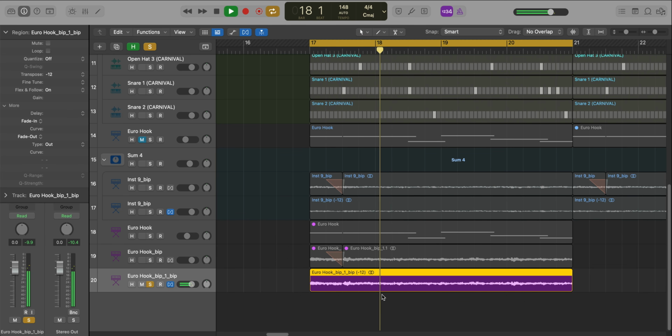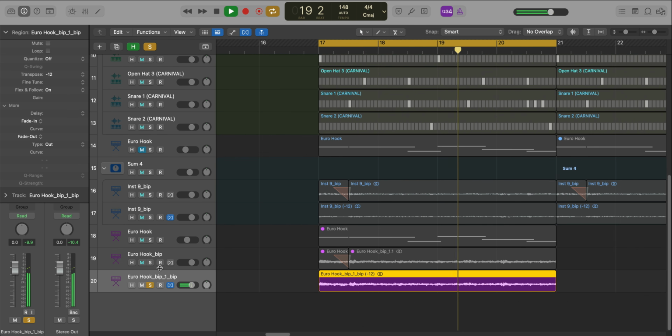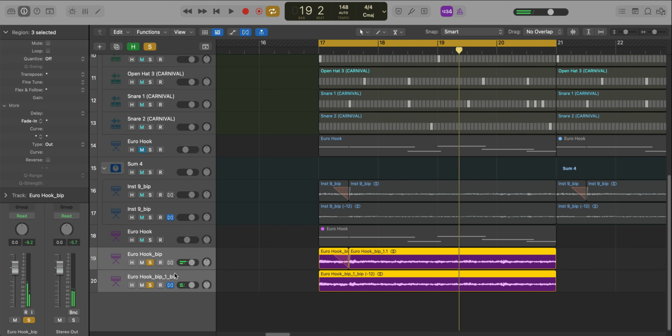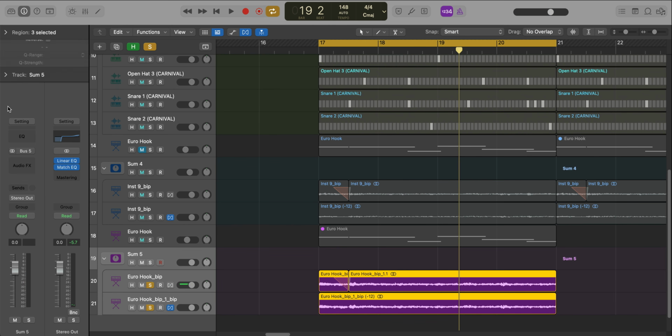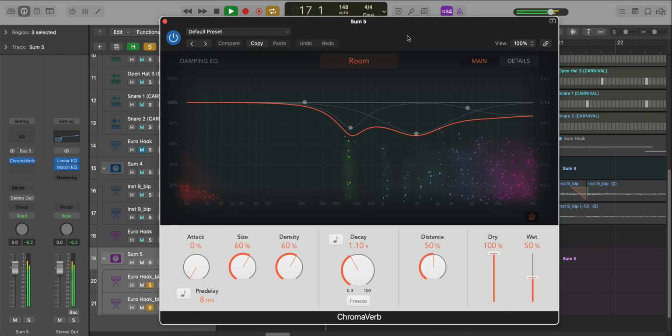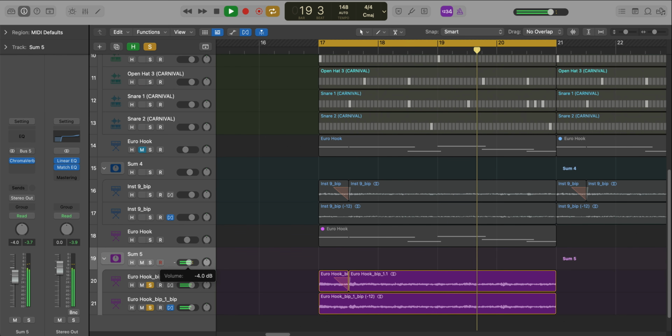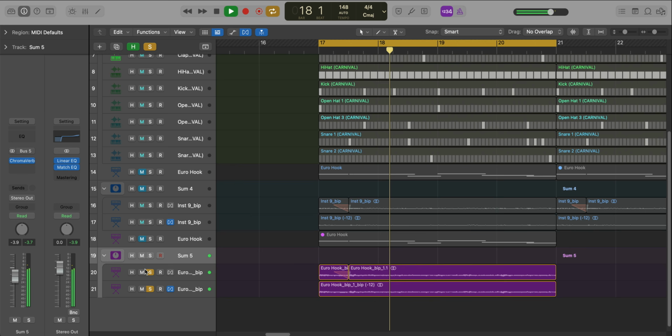And if we layer it together, let's unmute this. Let's go ahead and just group this together, Shift Command G. And then we're gonna go ahead and just bring in some reverb on this. For this, I'm just gonna bring in Logic's Chroma Reverb. And then with the track,